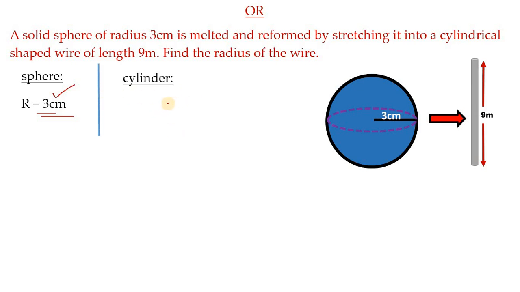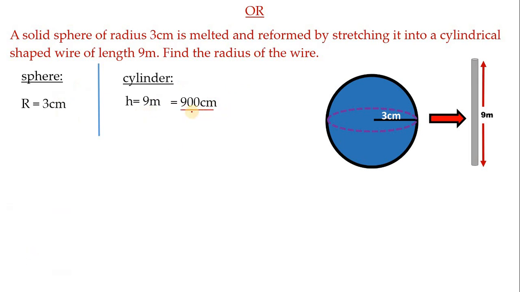So cylinder, volume of cylinder finding formula is pi r square h. So we have two parameters there, one is r and another one is h. So h is in meter, children. So what I will do, this meter I will convert into centimeter. 1 meter is equal to how many centimeter? 100 centimeter. Hence 9 multiplied by 100, so we'll get 900 centimeter. Children, concentrate here. We are converting meter into centimeter, hence you have to multiply by 100. If we are converting centimeter into meter, then you have to divide by 100.